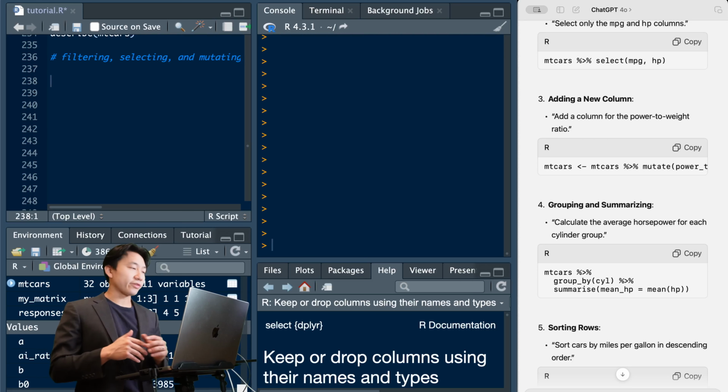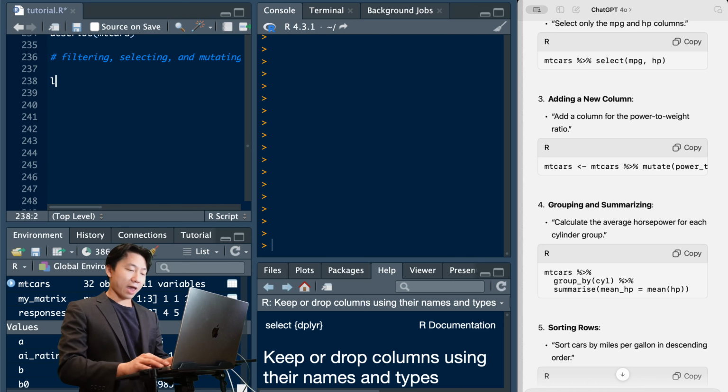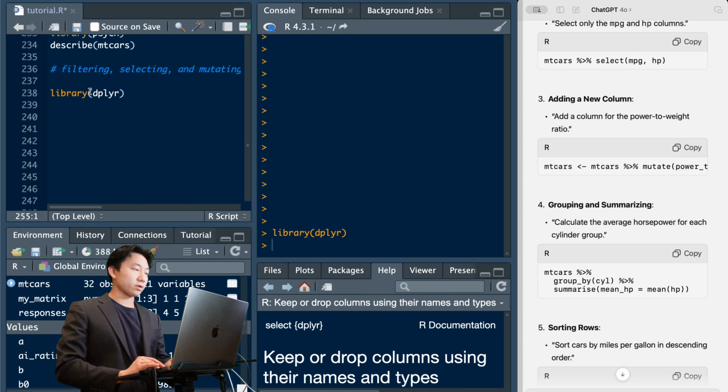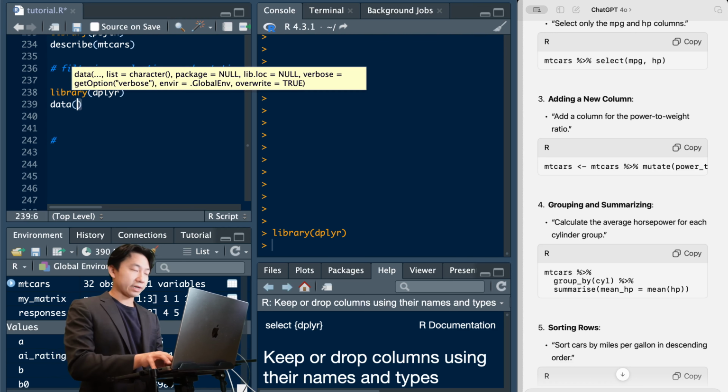Hey guys, welcome back to another video in the series Coding in R using ChatGPT, and in this video we're going to be covering the three most common functions used in dplyr: filtering, selecting, and mutating. So dplyr is a package that we use to manipulate data, and if you recall earlier, we also did load in the data set